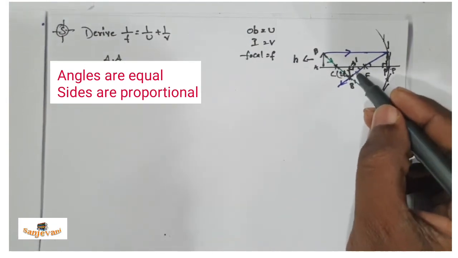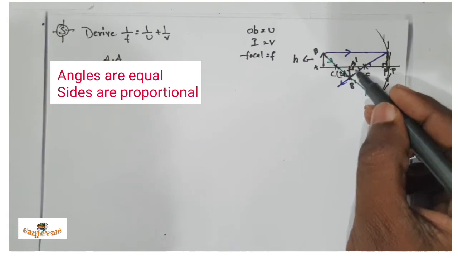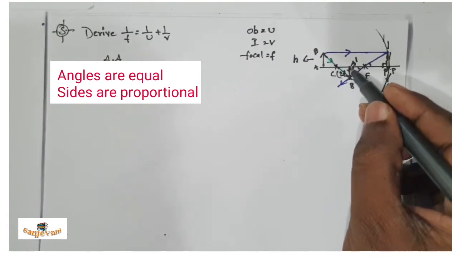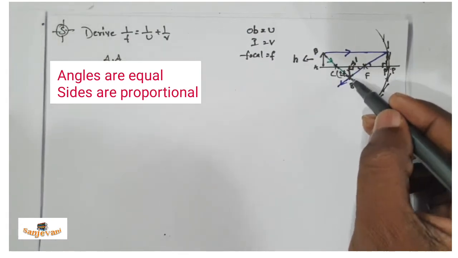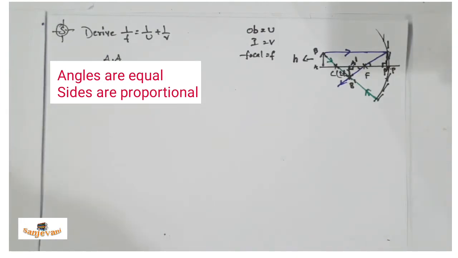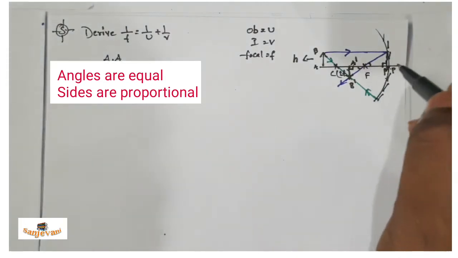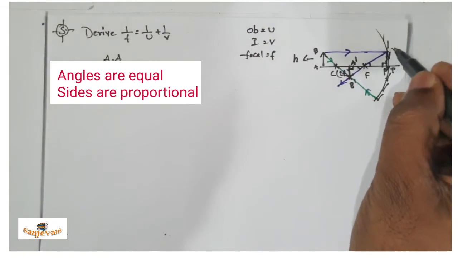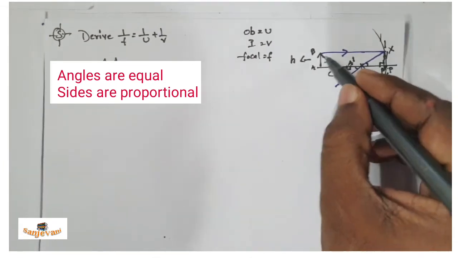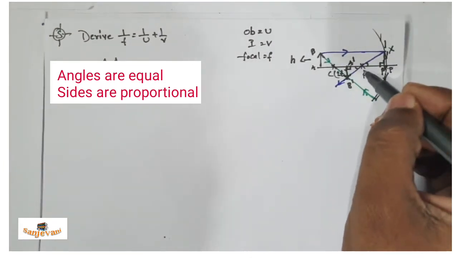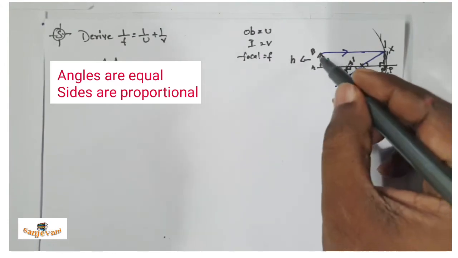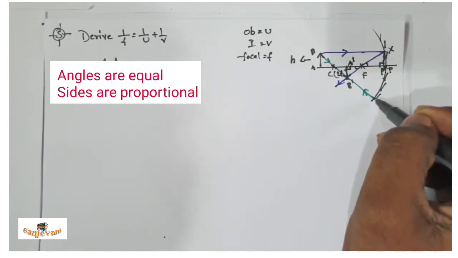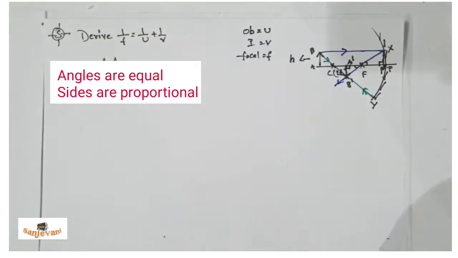When it comes to here, we have 90 degrees. That means this will be opposite, this will be adjacent, and this will be hypotenuse. In that, let me draw the names of the triangles. Right. Let me name this point as X. Is it clear to you? X, P, Y, F we have. Next, it intersects now. Let me name this point as Y. Yeah, up to here it ends.